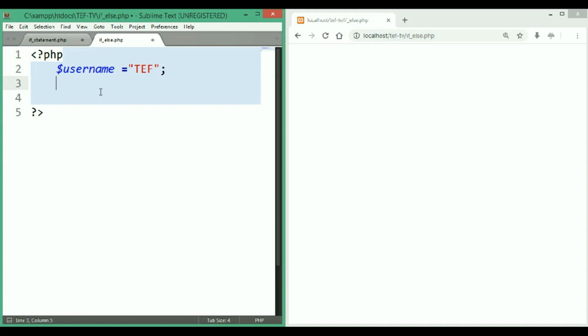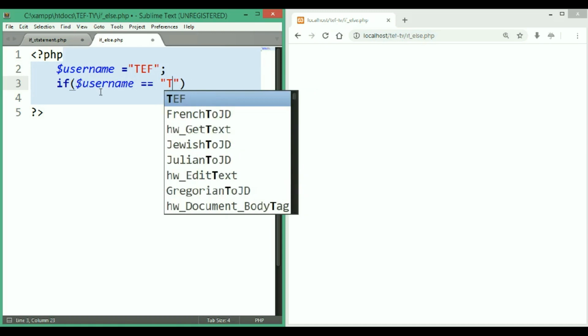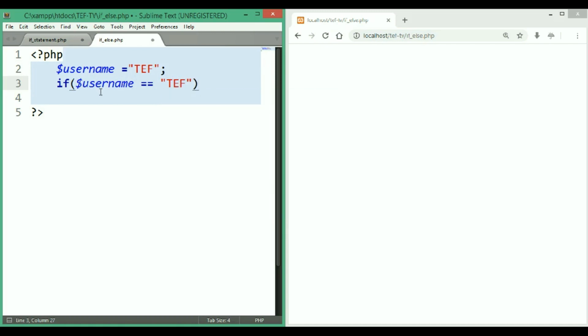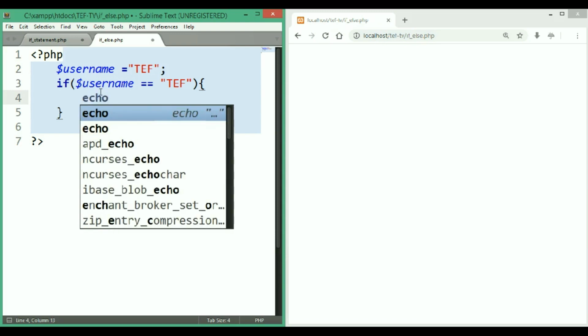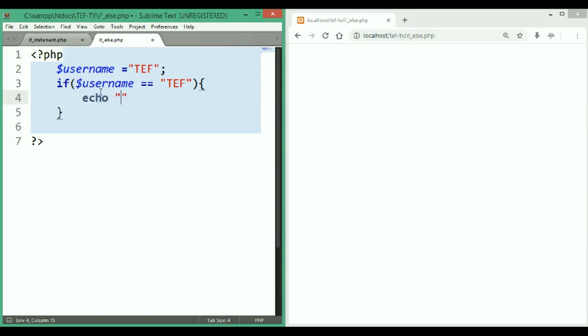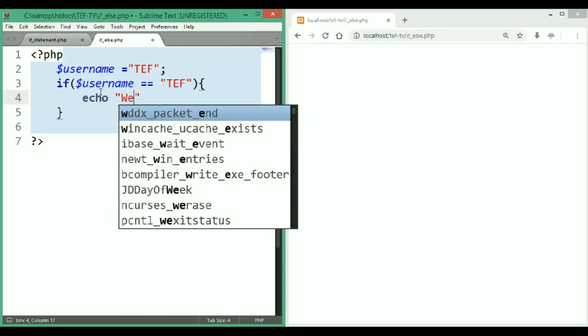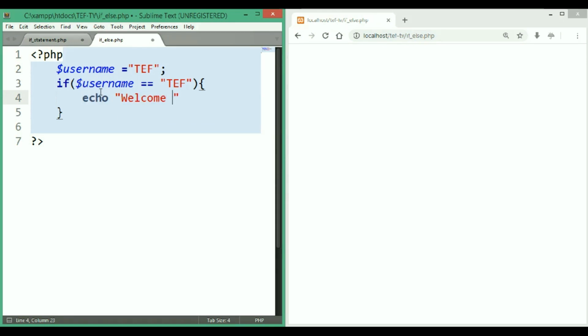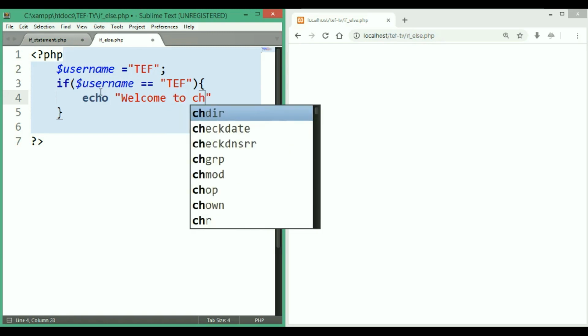So use if username equals to def, then if it gets the value true, or if the condition is true, then you have to run these statements: echo welcome to channel.